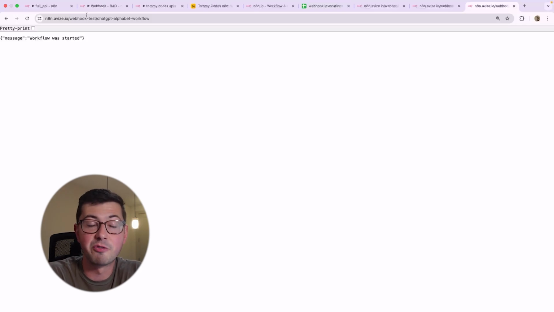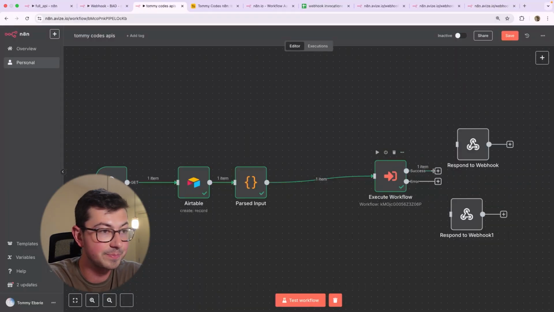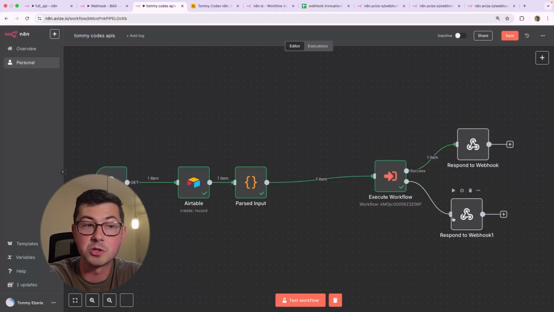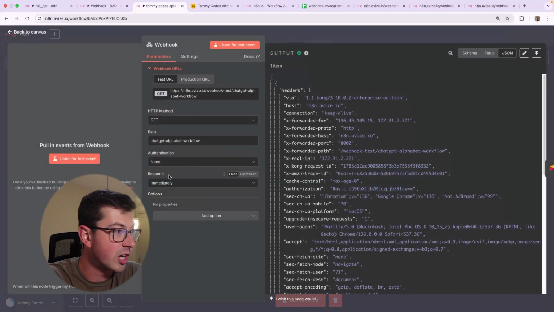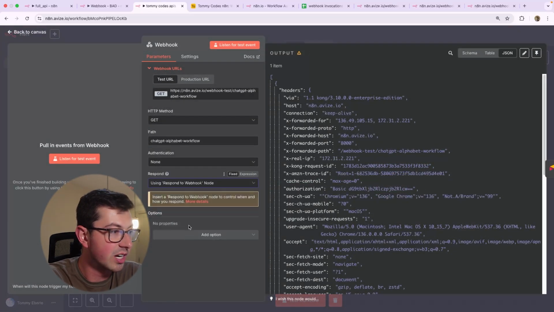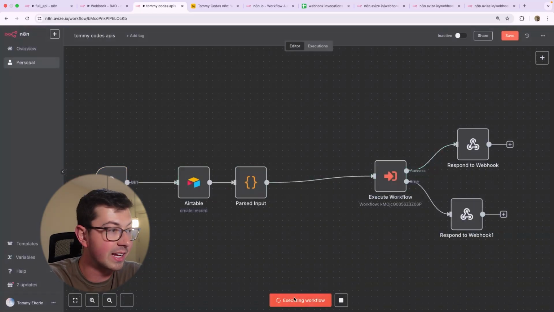And this is basically forcing you to add some kind of external notifications, whether it be email, Slack, whatever. The user of the system is gonna have no idea if it worked or not. So it's usually better to instead actually respond explicitly to the webhook. So that would be going over here, changing this to respond, using the respond to webhook node, clicking test, and then